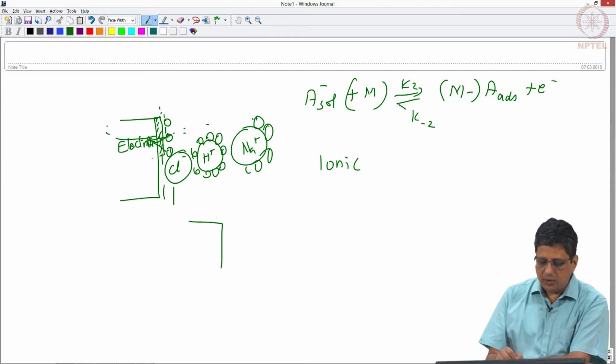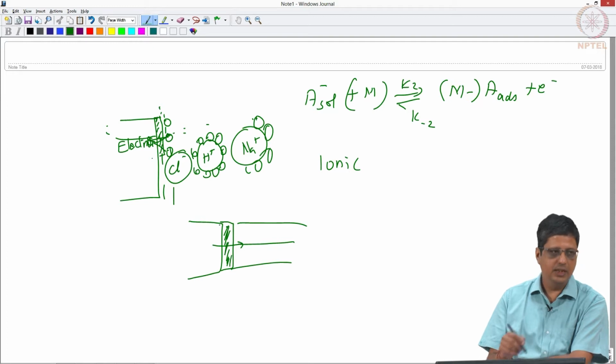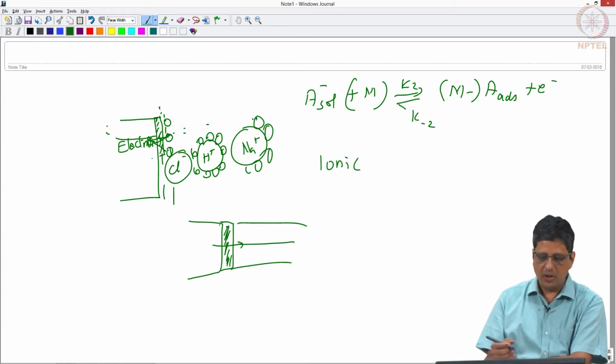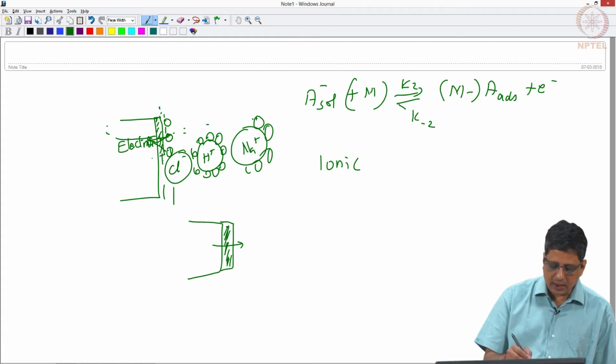So, it does not look at situations where you have a film formed on the surface that offers a resistance, and then electron goes through that and it continues to go inside as an electronic conductor here. In that case, we can say this offers a resistance, it can increase the resistance of this system, that is okay. But we are looking at cases where an ion comes here